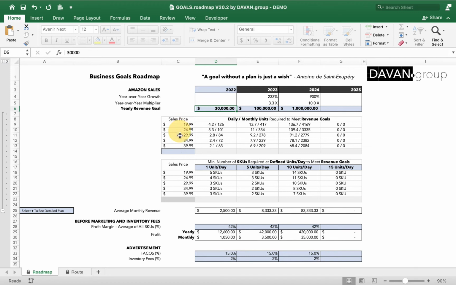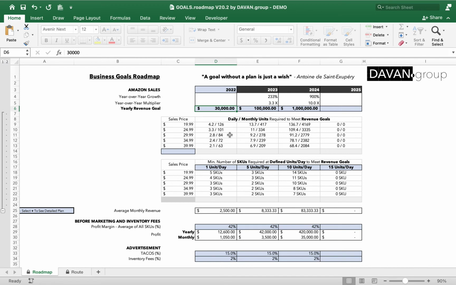And we also added different price points, right? So if you know, like, okay, if I'm selling a product that's around $30, if I want to make $30,000, I only have to sell 2.8 a day, right? So 84 a month. That seems totally achievable, right? So this breaks down our goal